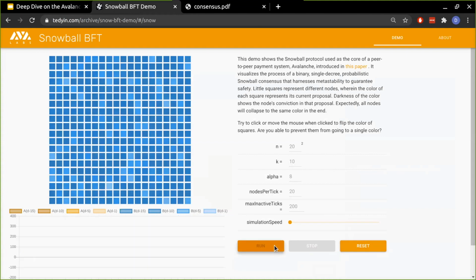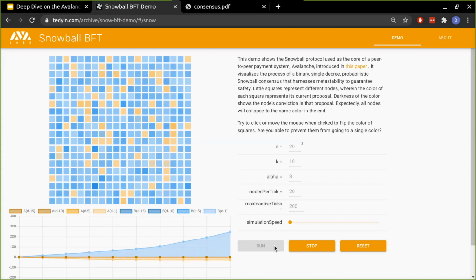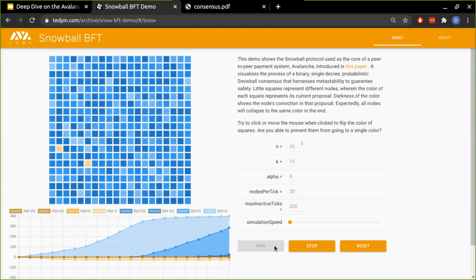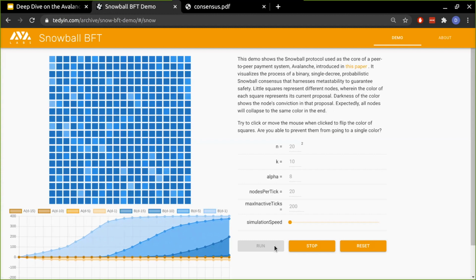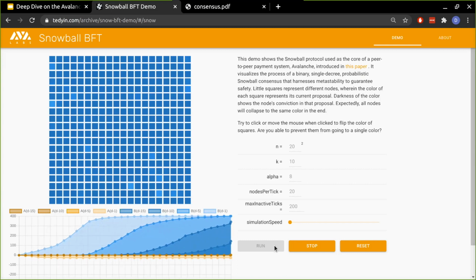And at the start, we can see that some of the nodes are orange and some of them are blue, and they're querying each other just according to that algorithm that I showed a second ago, and updating their preference accordingly, right? So you could see that at the start, even though some were orange and some were blue, just random perturbations in the network, because you're sampling from the validator set randomly, you just get a preference on the network a little bit for blue in this case, and then that reinforces itself, right? Because if you've adopted blue as your preference, and someone asks you your preference, you say blue, and then they're more likely to adopt blue, and so on, and it kind of snowballs, if you will,